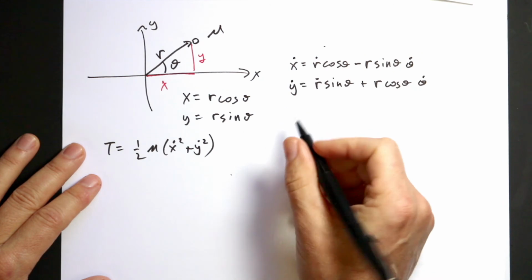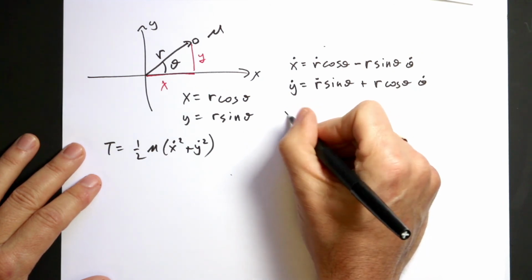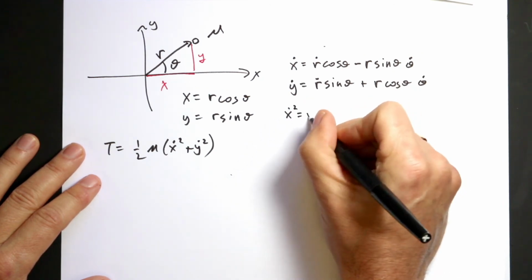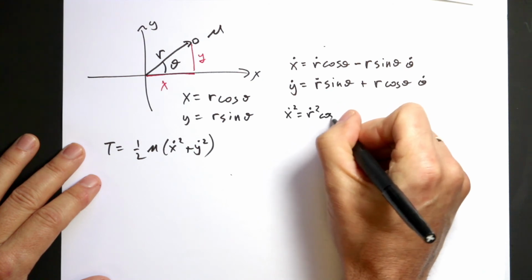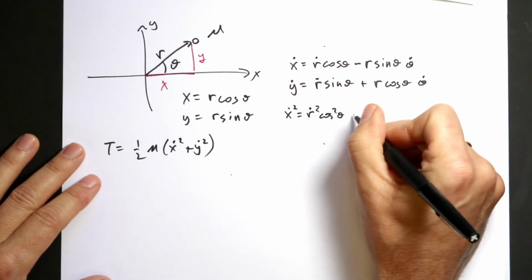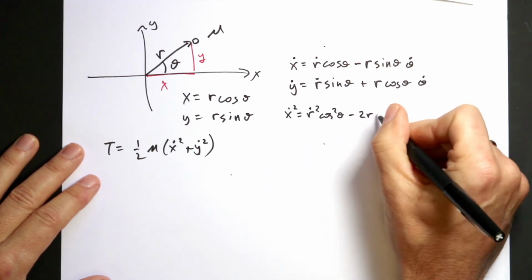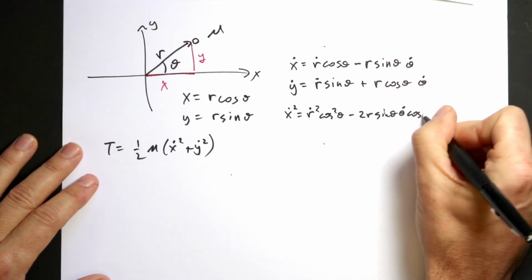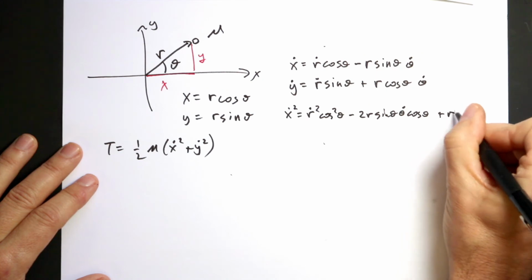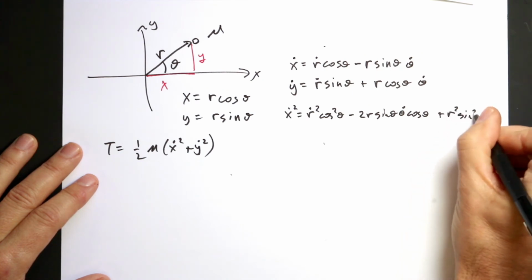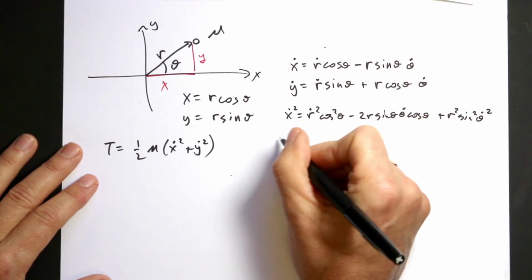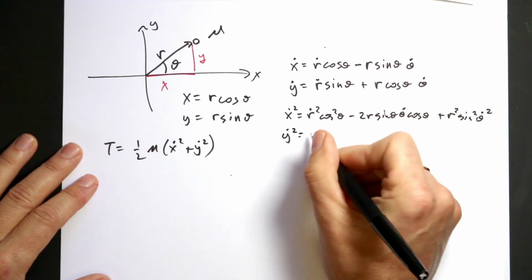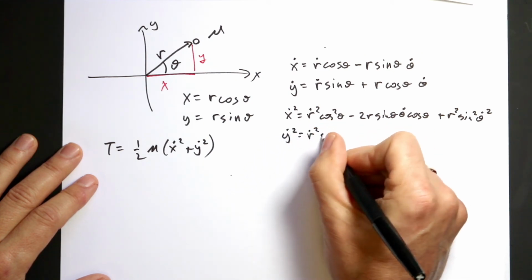Now I need to square them. So x dot squared is going to be r dot squared cosine squared theta minus 2r sine theta, theta dot, cosine theta, plus r squared sine squared theta dot squared. y dot squared is going to be r dot squared sine